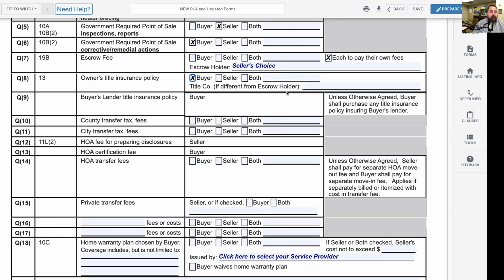Now, if I'm going to pay for it, then I'm going to put my title company. I'm going to put whatever your title company is, Stewart or Monarch or whatever title company you use, Fidelity. But if you put Stewart, you're going to put David Sr. If you put Monarch, you're going to put Ralph. If you put Fidelity, then you're going to put Michelle on there. If you put Corinthian, whatever, you put John Martinez Jr. You put your title rep's name,